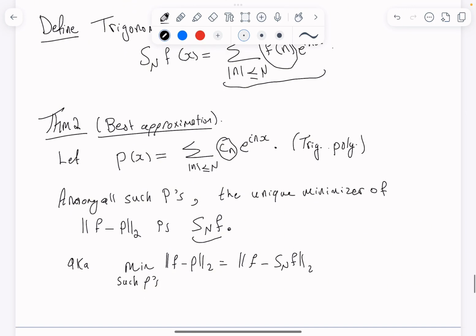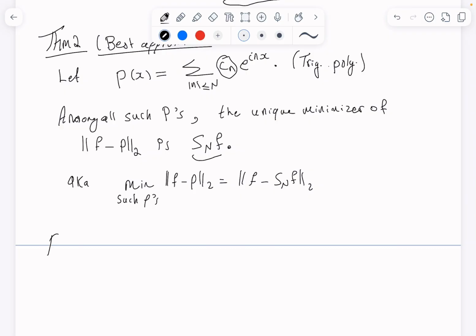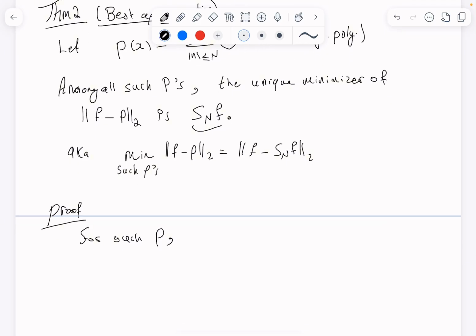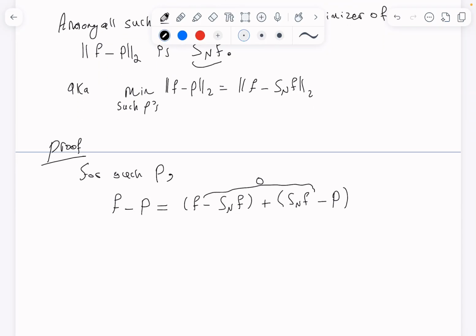Alright, so let's go ahead and prove this, and we're going to use the Pythagorean property, but the proof is going to be rather simple. So here's the proof. The first observation is that for such p, if you start with any p of x like this, then f minus p can be written as f minus S_n f plus S_n f minus p. In other words, I can add 0. And the reason we want to do this is because we want to next observe that these two guys are